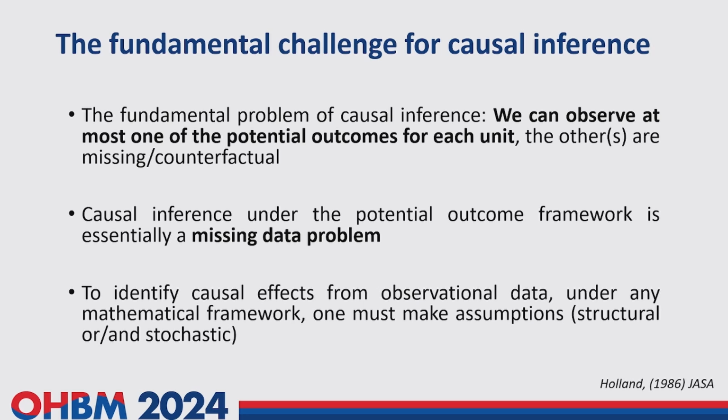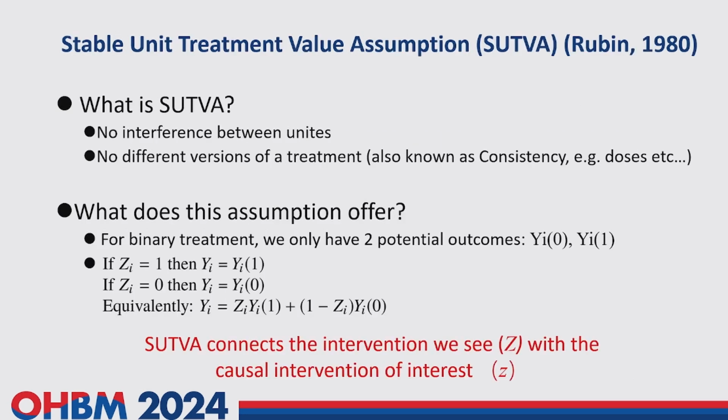Okay. So in order to identify the causal effect from the observational data, we need to make assumptions. Here is a basic assumption for doing causal inference. It's called SUTVA, the stable unit treatment value assumption. What is this? It's assuming that there's no interference between units. We need to think about it because this is really a strong assumption. Why? When people are doing research in social psychology, right, they are studying how people interact with each other. So SUTVA here, if you're doing a social psychology experiment,